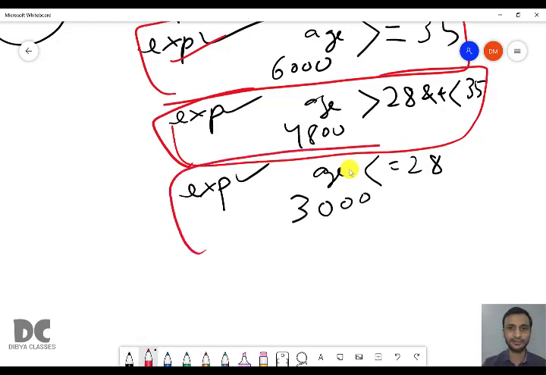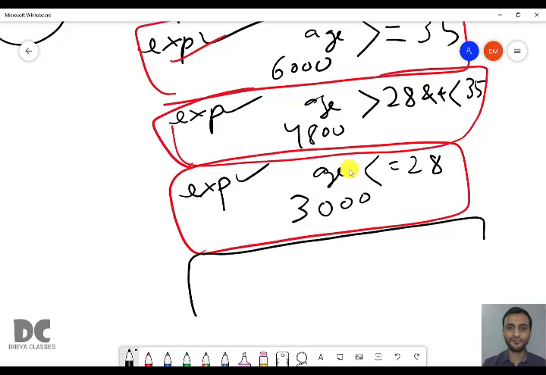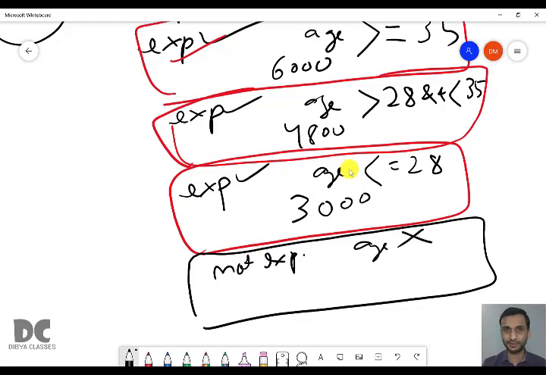There is one more criteria for an inexperienced person. If the person is not experienced, age doesn't matter here. Whatever his age may be, the salary will be 2,000. His age may be 1, his age may be 1,000, it doesn't matter.